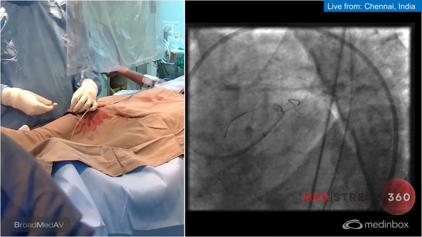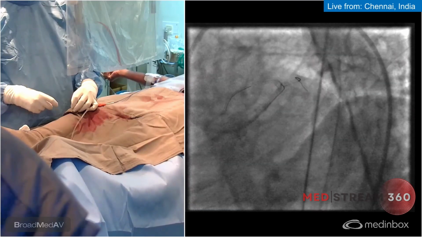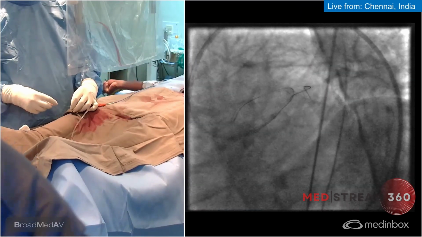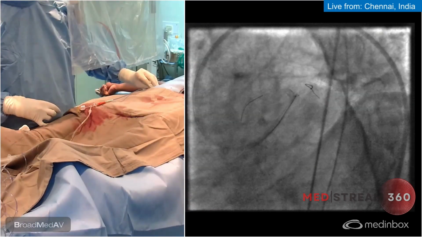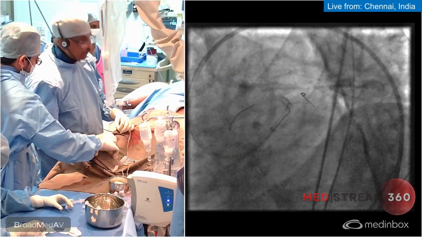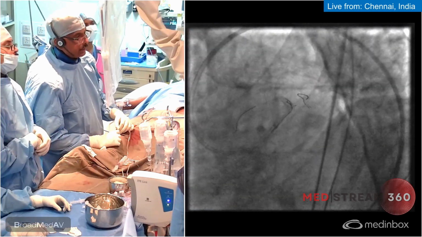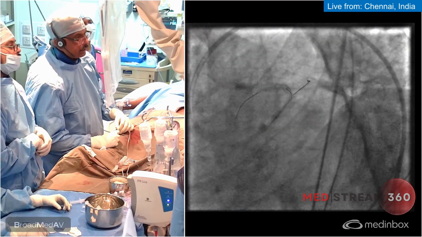There is no ST change and the flow is okay. But I'd like to open it if I can. Let me just try for a few minutes and see how we go. Start a timer. We will see for 5 minutes. Put a timer here. What I'm going to do is try to get the other wire, gently get